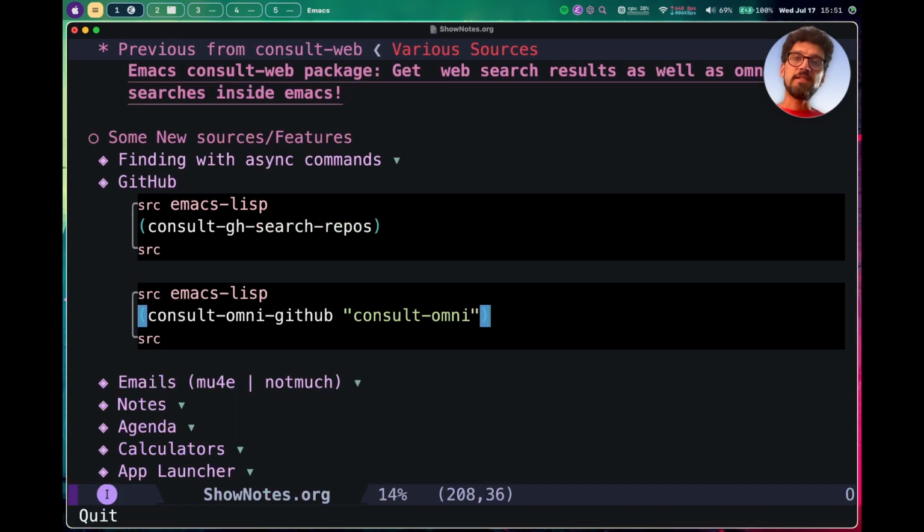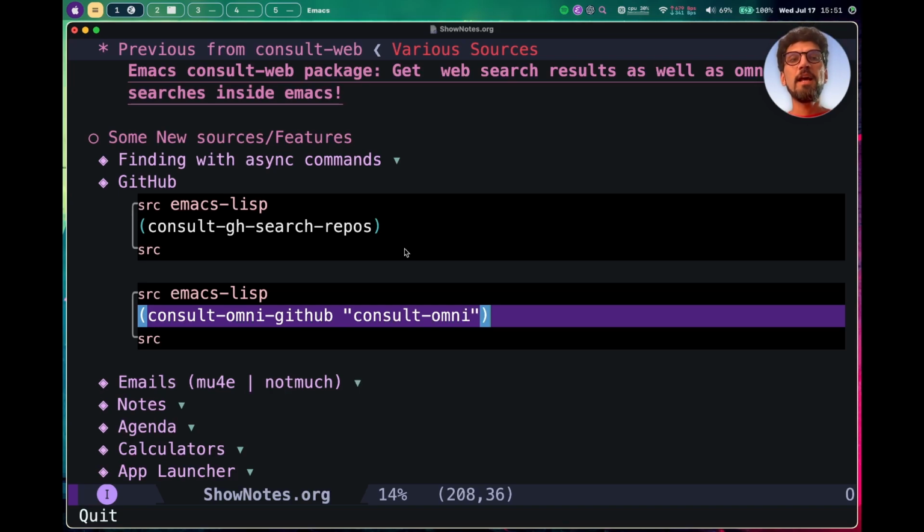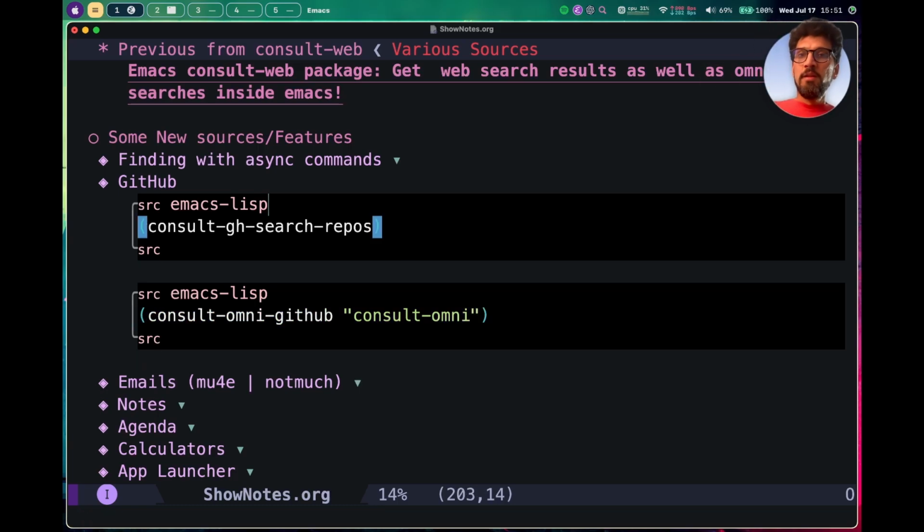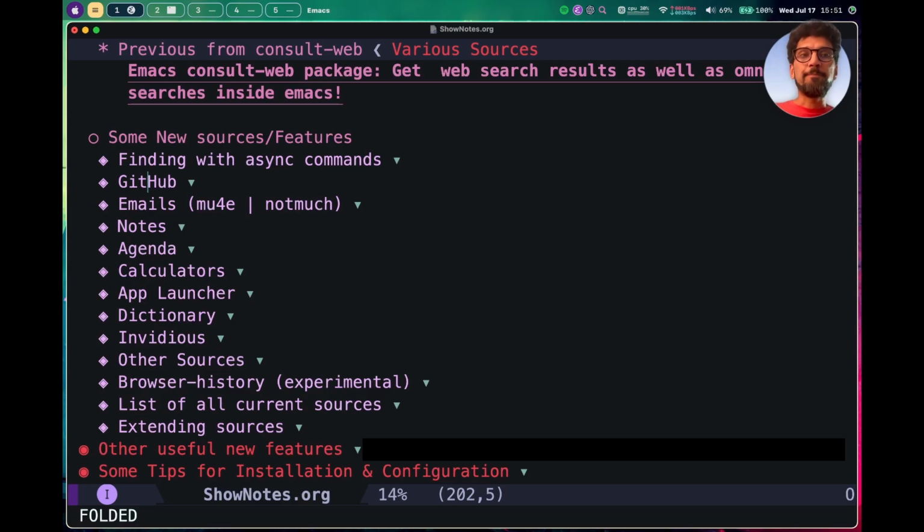So the same thing applies with other sources like maybe grep and ripgrep sources from consult, where you can start with the consult-omni counterpart in a multi-source search, and then if you decide that you want maybe better performance or more features from those original sources in consult, you can always use embark-become and go back to consult-grep, for example. All right, so that's for